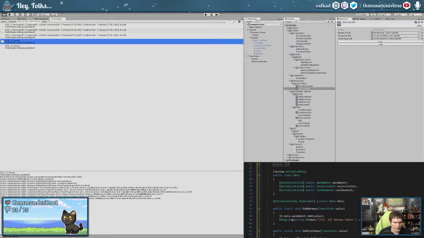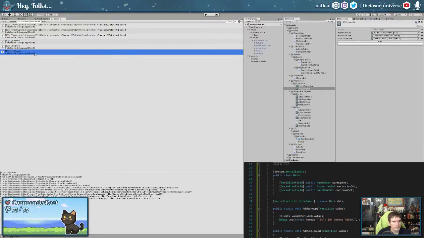Oh, it's all coming together. It's a little bit clunky compared to what I'm used to, but whatever works. Almost baby steps.